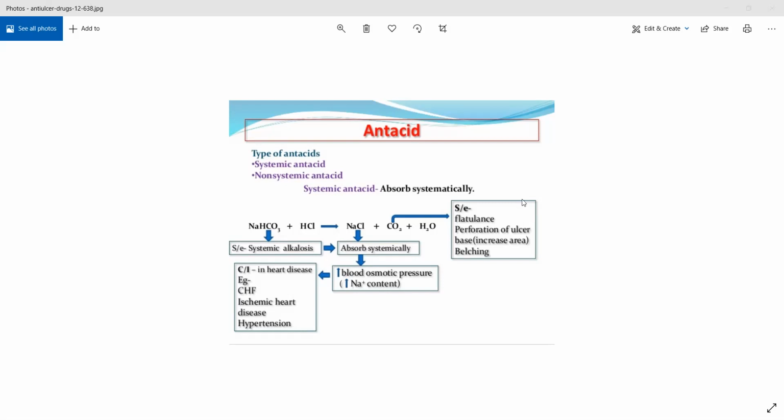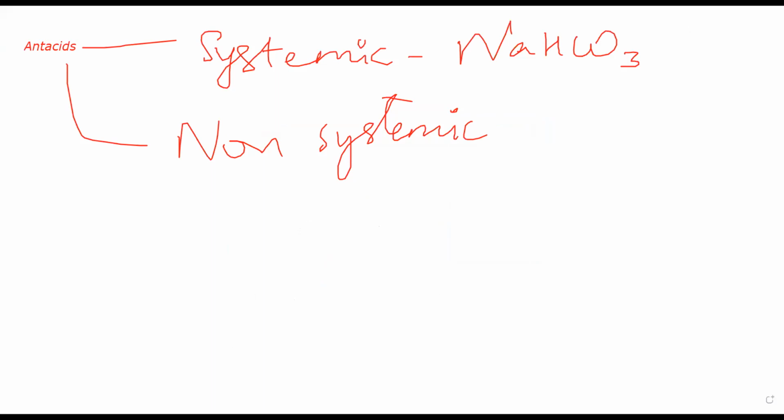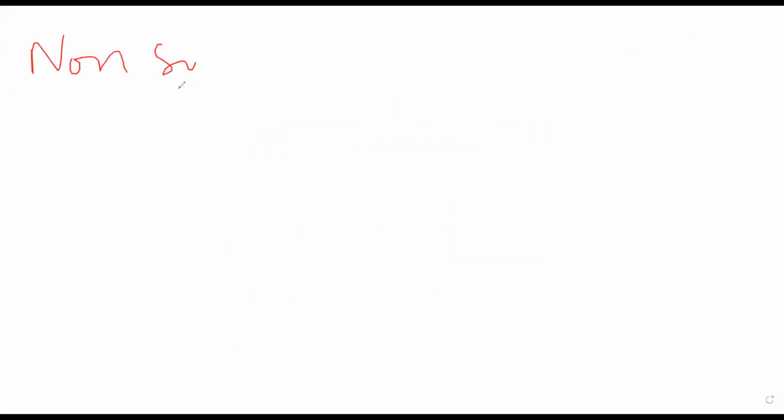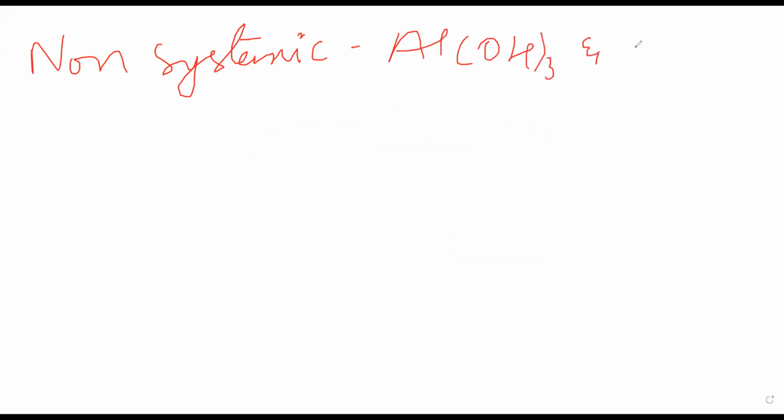Okay. Now coming to non-systemic antacids. Non-systemic antacids are much more straightforward. The important ones are aluminium hydroxide and magnesium hydroxide. Both of these are insoluble compounds. They will not get absorbed systemically, hence the name non-systemic antacids. You have to chew it and you have to swallow it. It's essentially all antacids you'll have to chew and swallow. They'll not be absorbed very well. You have to chew it.